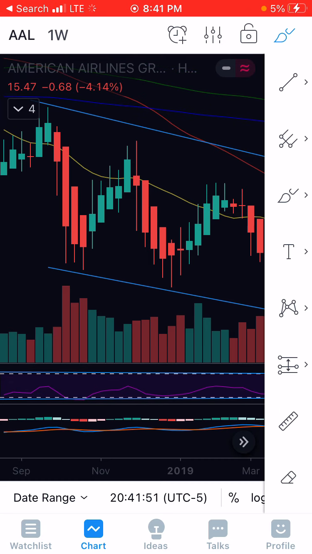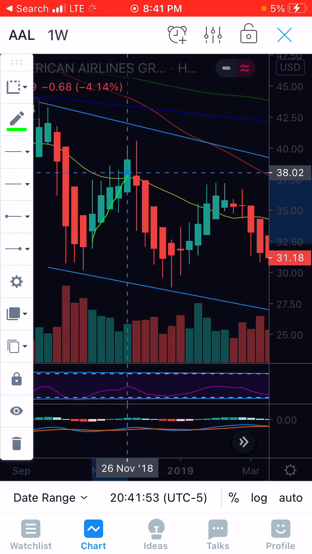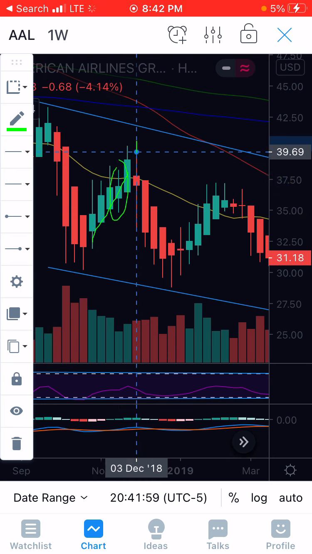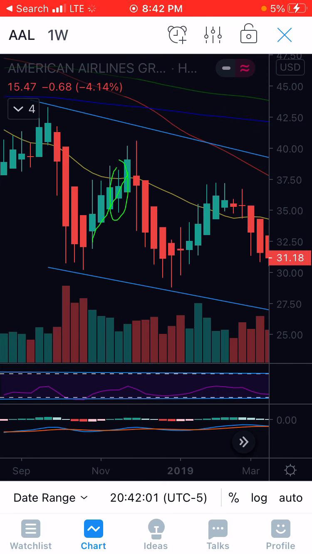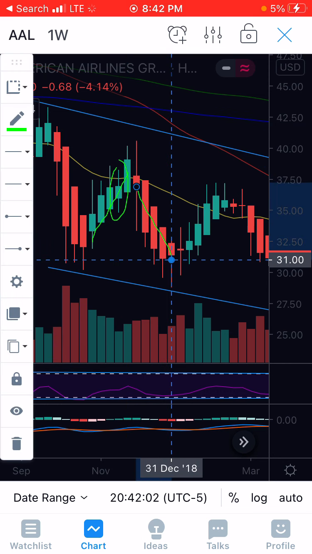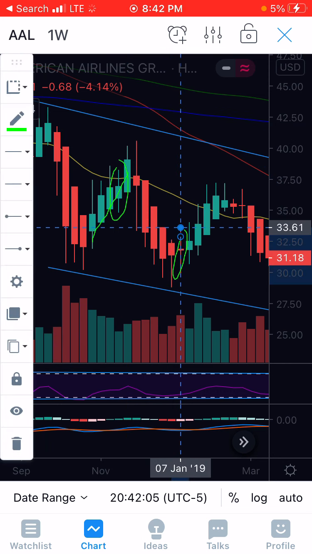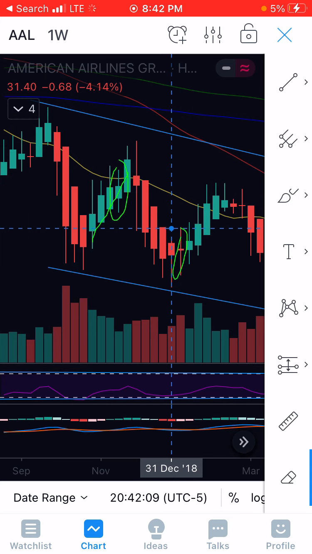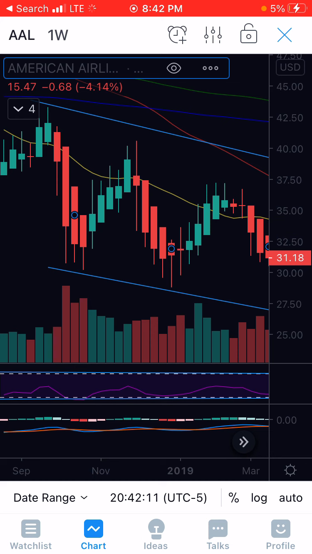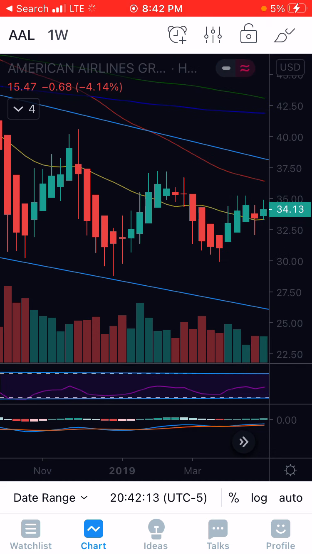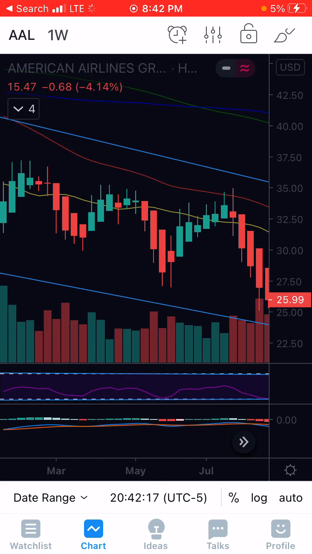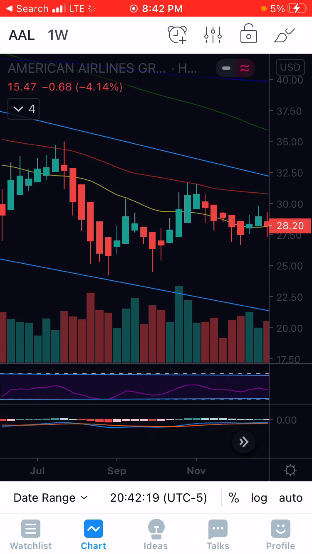We had this uptrend here, and then we had a spinning top that kind of let us know we're getting close to an uptrend change. And then you had this spinning top here that signaled the downtrend, and then you had a spinning top and a hammer reversal candle that signaled the uptrend, and so on and so forth. So I mean, you can look out for those. Those are great things to know, and they will always occur to let us know what's going on ahead of time. So anyway,